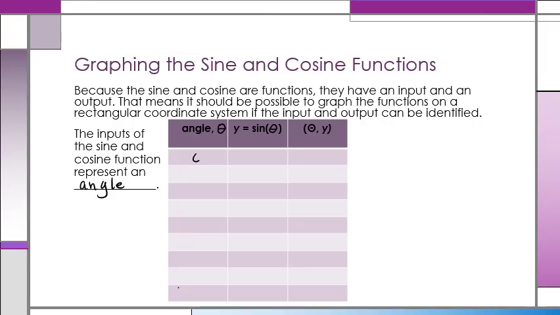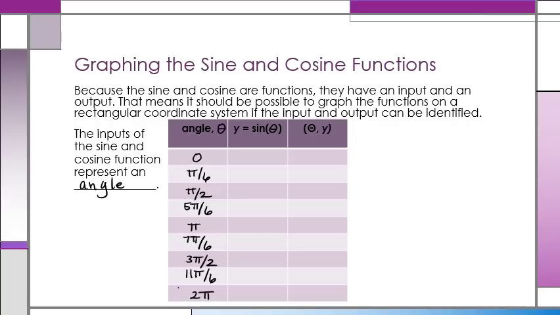So I want to look at 0, pi over 6, pi over 2, 5 pi over 6, pi, 7 pi over 6, 3 pi over 2, 11 pi over 6, and finally 2 pi. That's certainly not all the values, but that's going to give me a good flavoring of that circle that we've been looking at. All right, so if I input 0 radians or 0 degrees into the sine function,